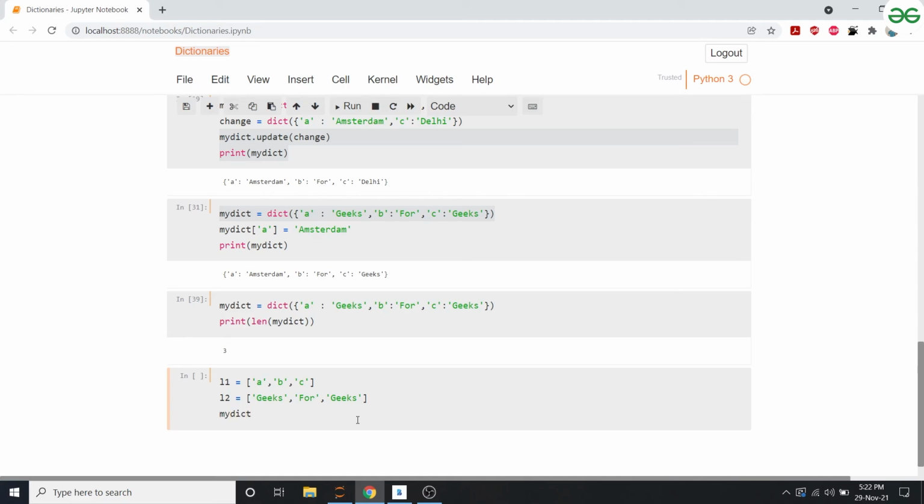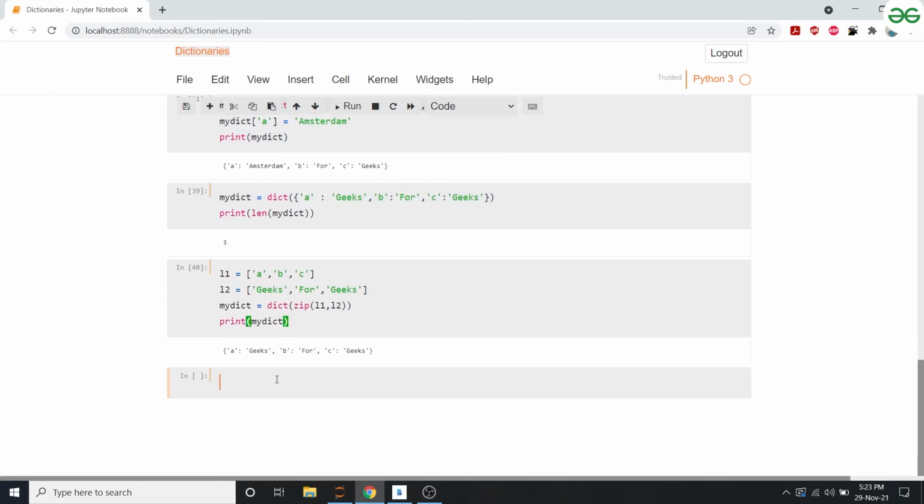I'll name a variable myDict, and then I'll use the dict function. Then I'll use the zip function. The zip function will create a zip object of both the lists L1, L2, and if I print myDict, it'll give me A mapped to geeks, B mapped to 4, and C again mapped to geeks.